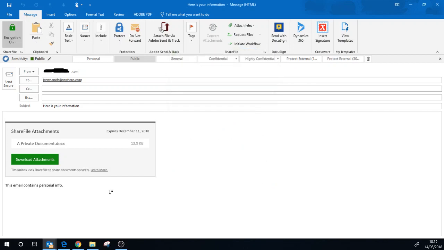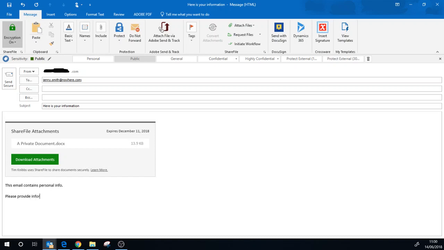Okay. Now, as I said, when you send the email, a person at the other end can reply and send attachments to you. If you were just requesting some information from the third party, you could also send them a link in this email to upload files to you. So say you wanted some information for the final account. So, please